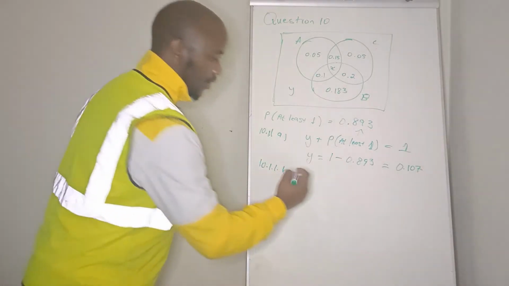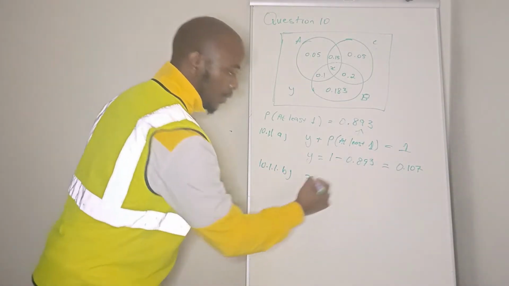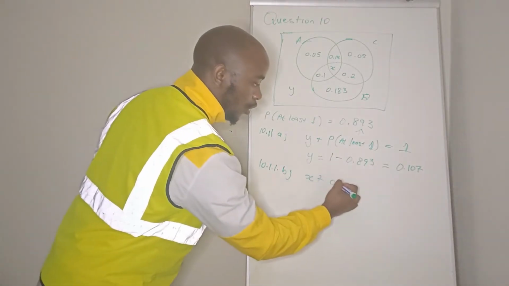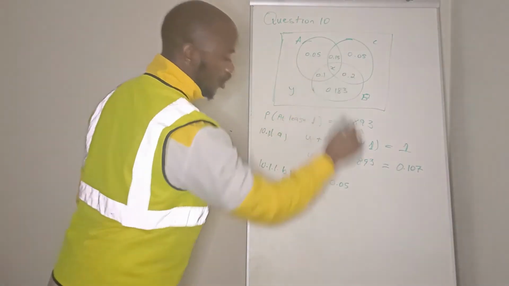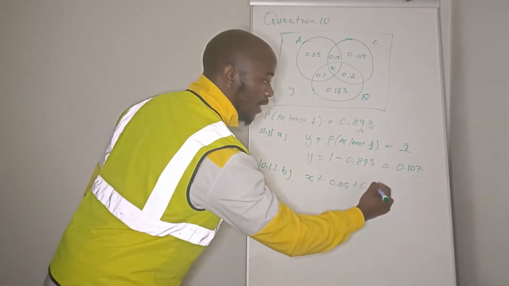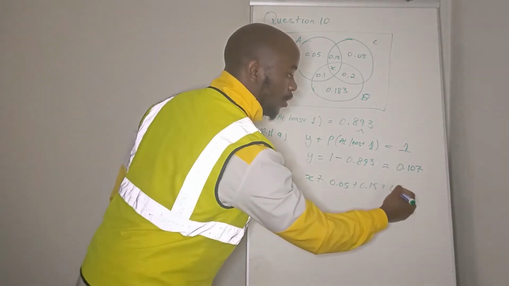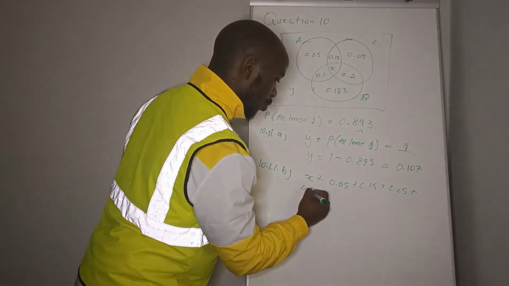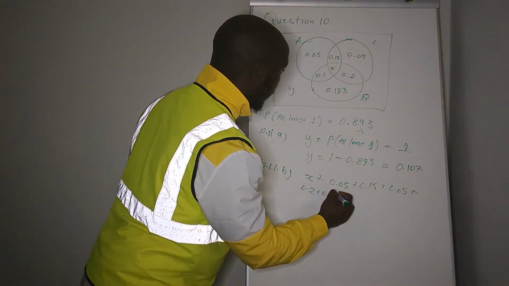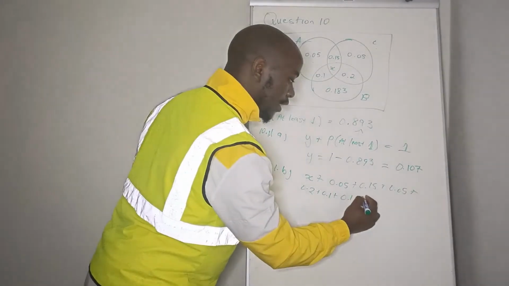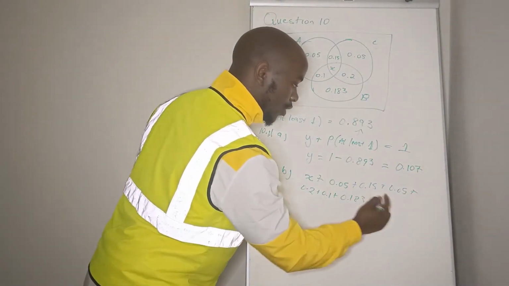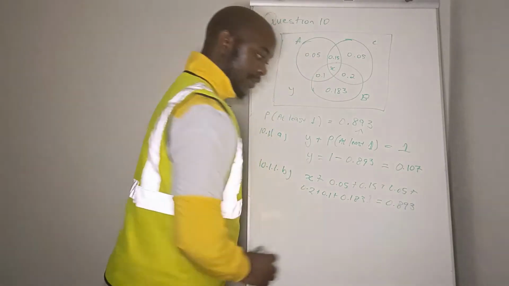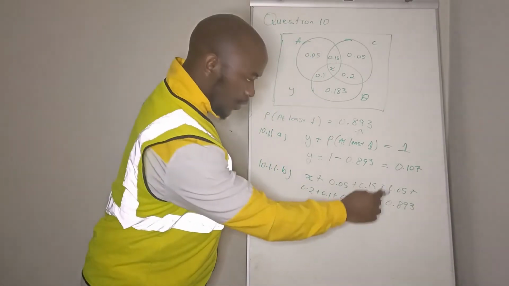So let's do that. If we add X, we add it to all the values in here. So 0.05, 0.15, plus 0.05, plus 0.2, plus 0.1, plus 0.183 should all give us 0.893. So if you add all of those,